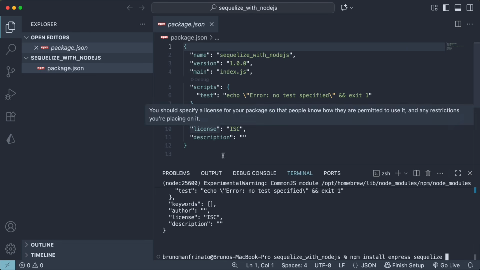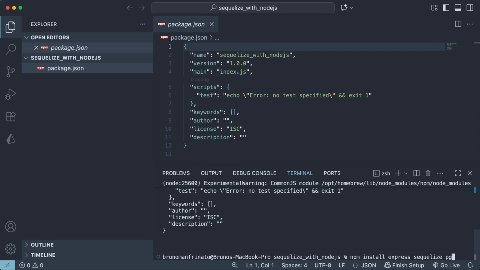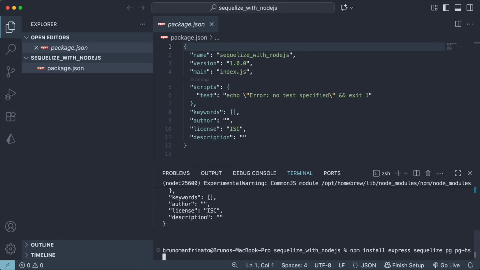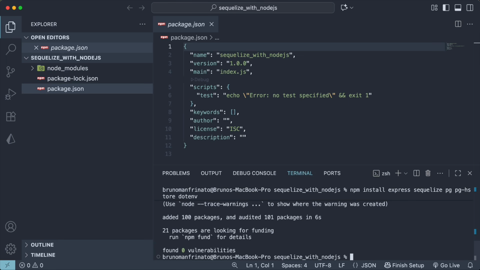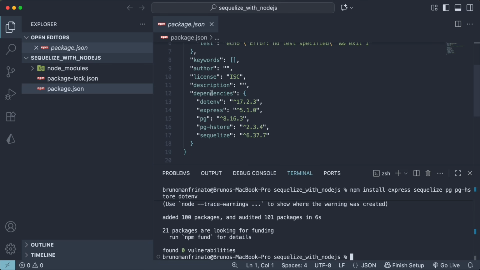Back on the terminal, let's add PG and PG-HStore. And to store securely our database connection details like host, username, password, let's use a dependency called dotenv that loads environment variables inside a .env file. Okay, we can hit enter. Perfect, dependencies installed, and we can check here inside the package.json file the dependencies we just installed under the dependencies